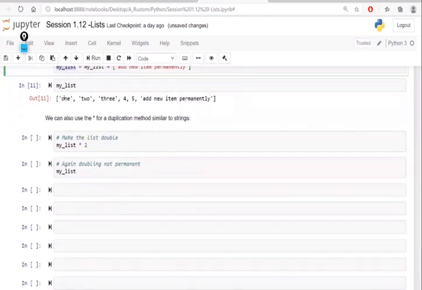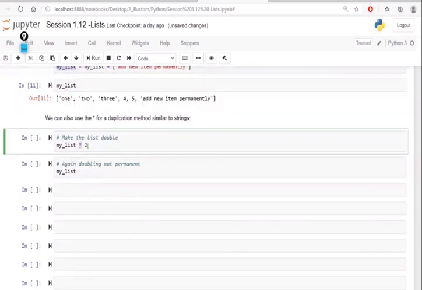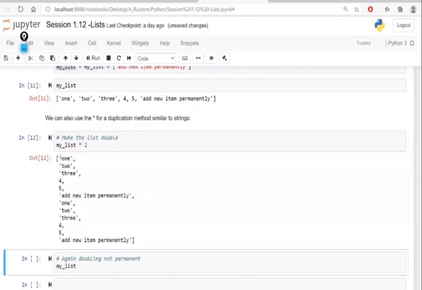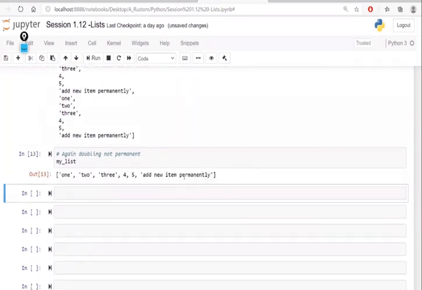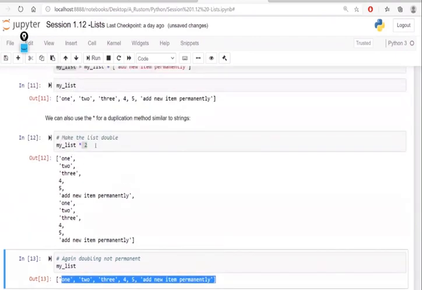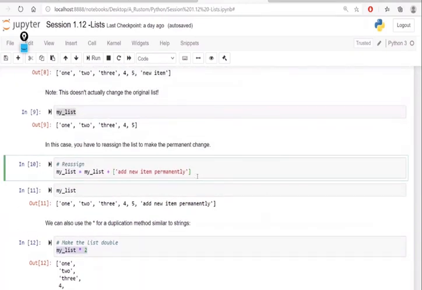Now if I want to double the same data, what I will do is multiply by 2. If I execute, you see it is printed one time, and one more time it is printed because I have multiplied it, right? If I check the original data, again it is going to be the original data. Here I have not updated my original list. If I want to update, yes, you can give my list equals the same thing, just like here. All right, so those are some of the methods within the list.